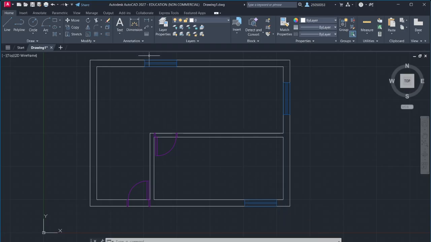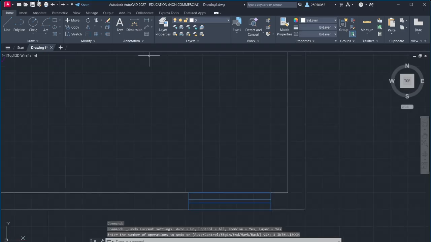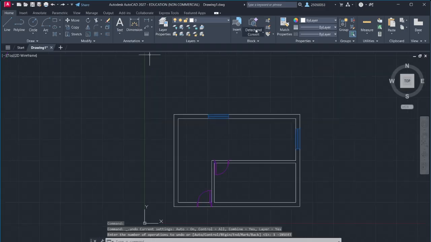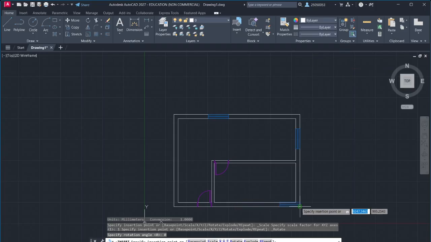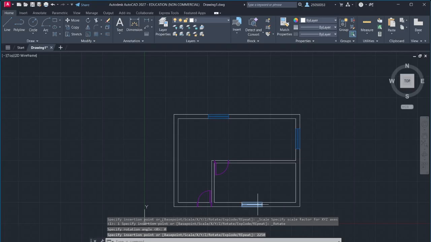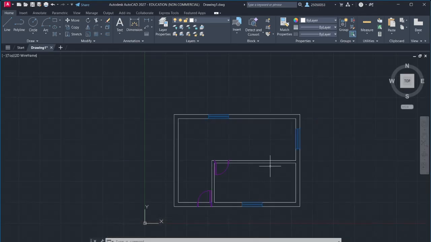Actually, you know what? Let's get rid of this. My head is for the shower. Let's make this instead of that. It's 2000. I get 2000. Oh no, right in the center. And there is our basic floor plan. We can add furniture if we want. We can draw like cabinets and stuff, but that's